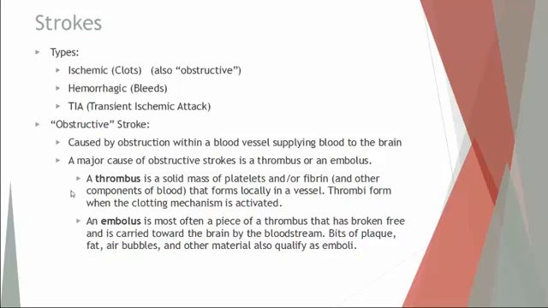Go on to these definitions here. Talk about more detail of the ischemic strokes. Whenever something forms in a blood vessel that blocks the flow of blood, that's a thrombus. It's a solid mass of platelets or fibrin or cholesterol that's forming in the vessel that shouldn't be there. You are obstructing the normal flow of blood.